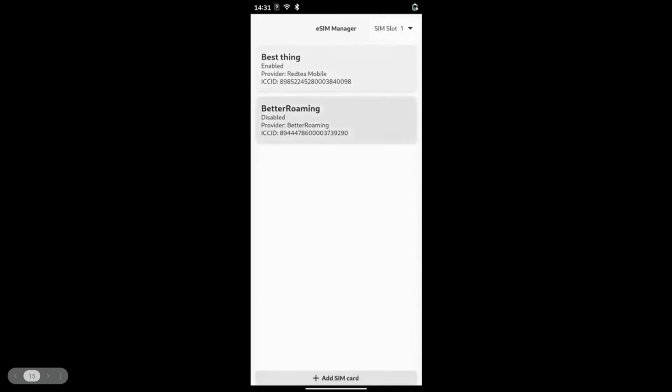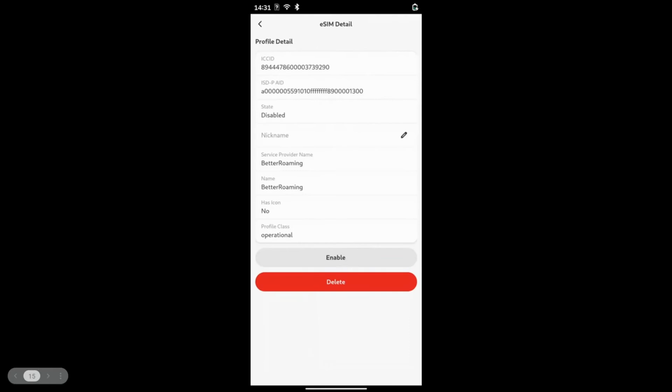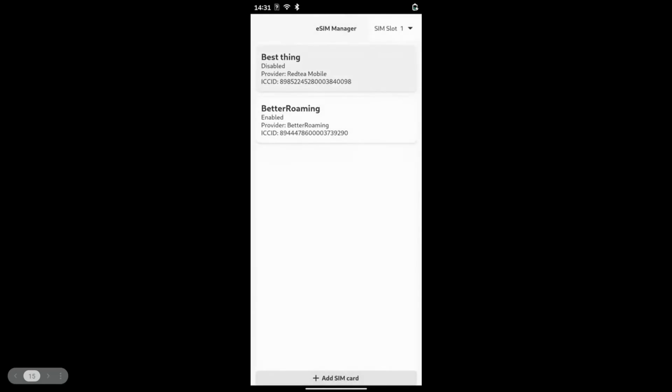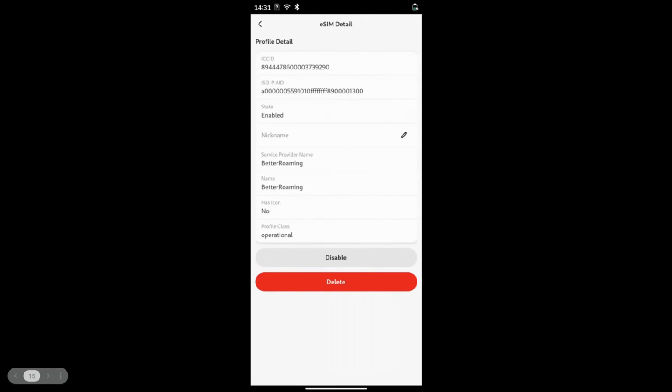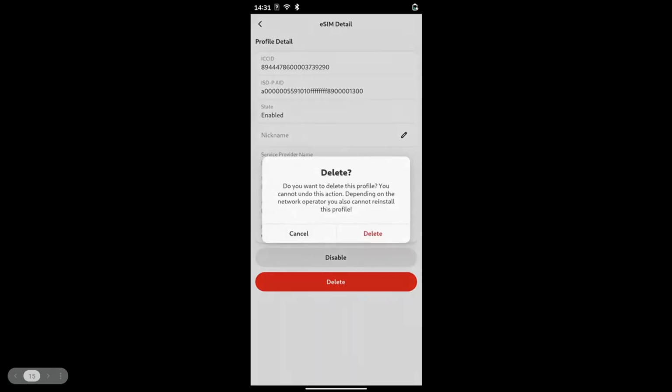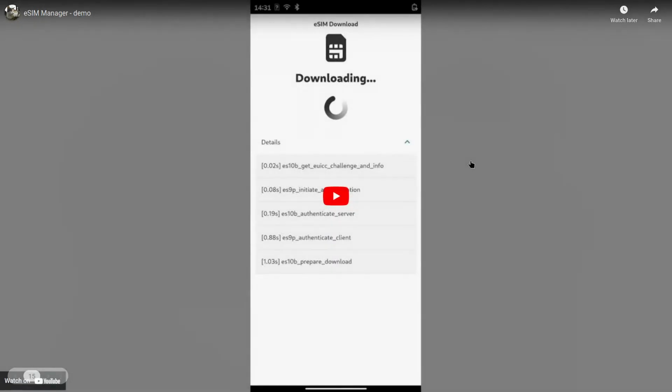And then we have the second SIM card here, our second profile. And we can enable this profile. This normally automatically disables the other profile because you can only have one profile enabled, without some new things which is slowly coming with SIM cards. Yeah, and you can delete the SIM card if you want to.